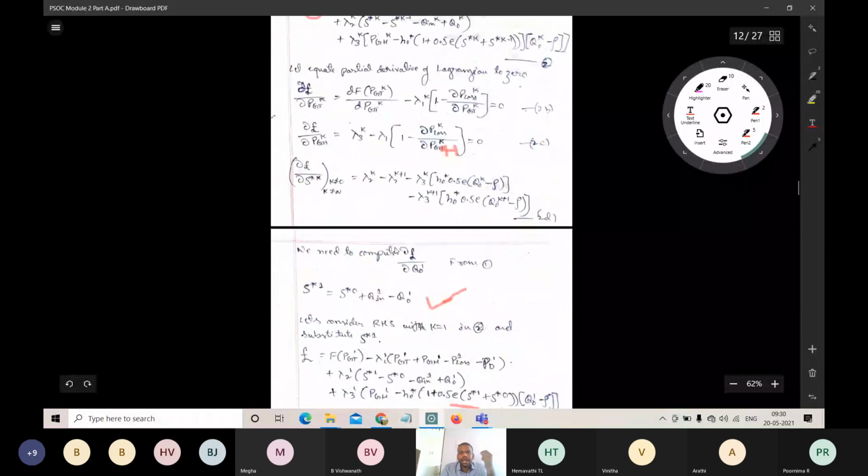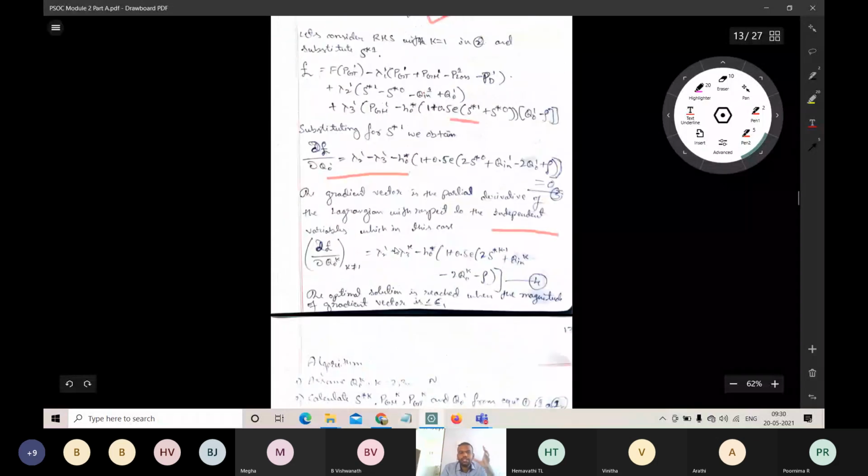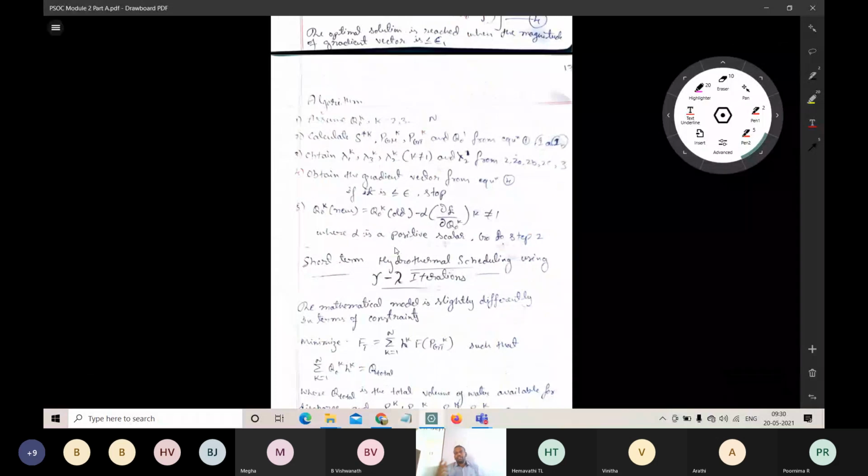So the next thing is the algorithm. How best can we use these equations? Just go through it once after the class and you will understand. First, keep in your mind why we go for this discrete time method, what the different problems are, and what the different solutions are that we derived.